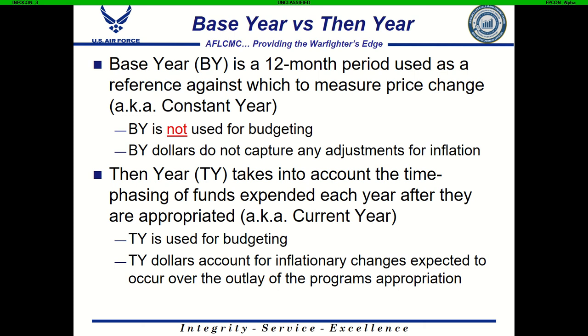Then-year dollars take into account inflation, but they also take into account the time phasing of the funds expended year over year. What this means is that, given the government process in acquiring services and goods, we ask for money in a given year for procuring something, for spending. When we receive that money or permission to spend it from the government, it takes us time to